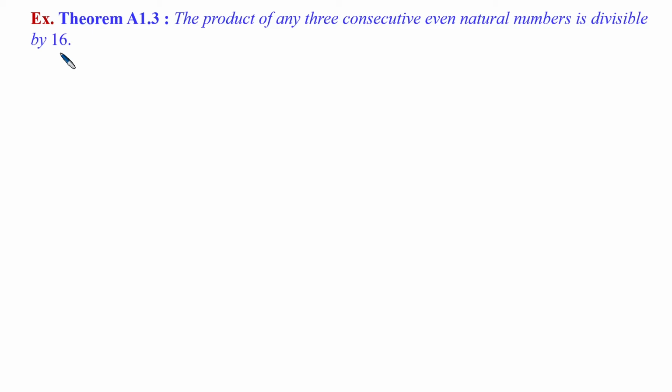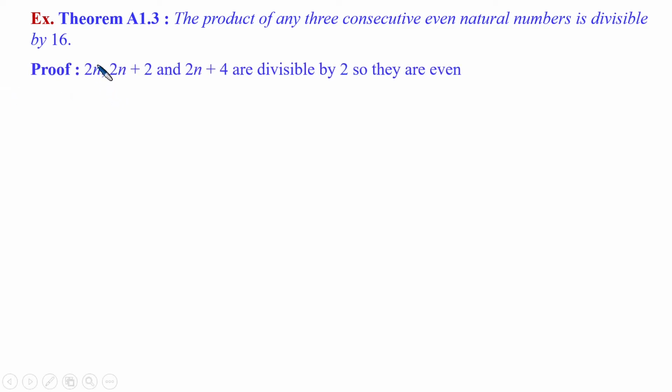Okay, to get a natural number, you will get some fraction. So how do you go about proving it? Mathematical proof. Suppose an even number means it is 2 times any number, because you can divide by 2 and get n. So every alternate number is even: 2n, then you jump 1, and the second number 2n